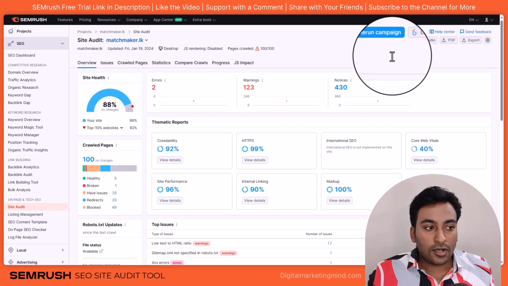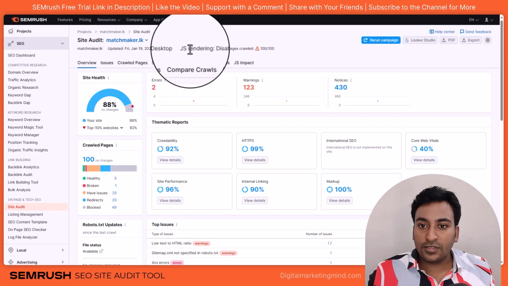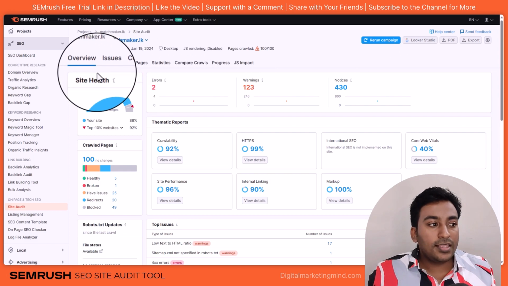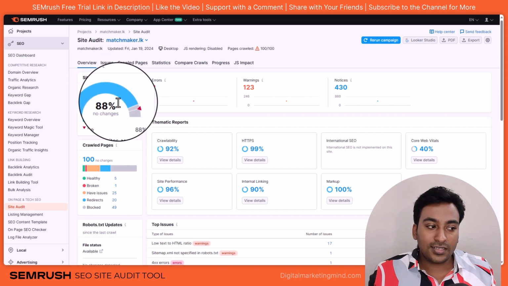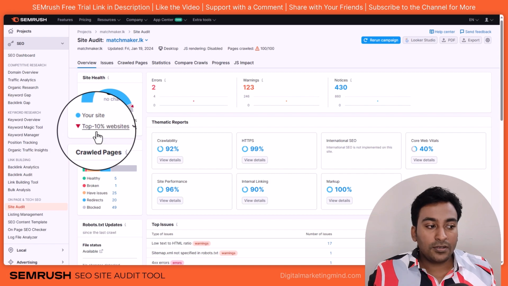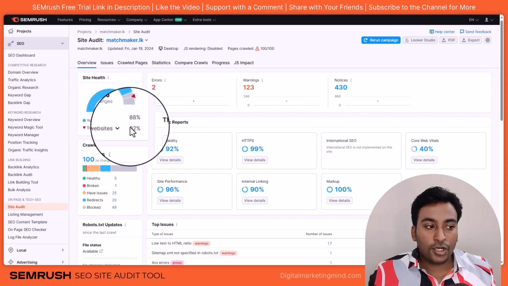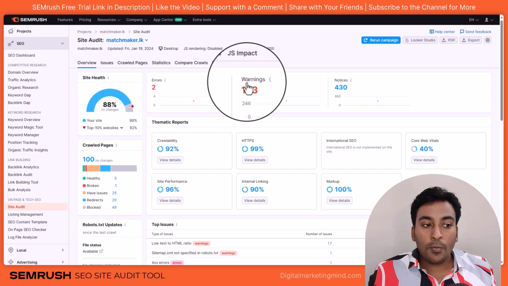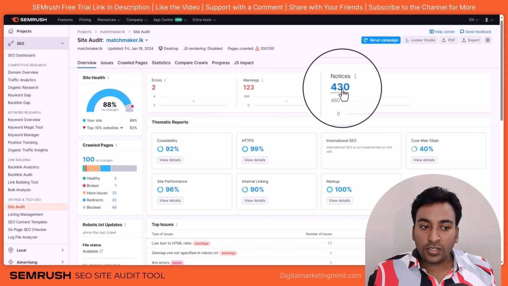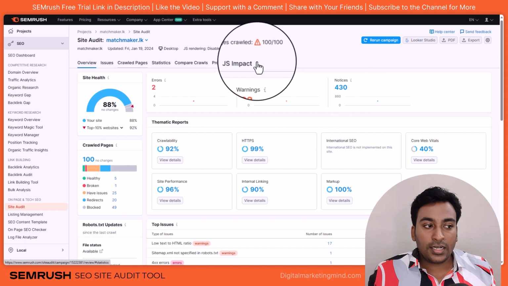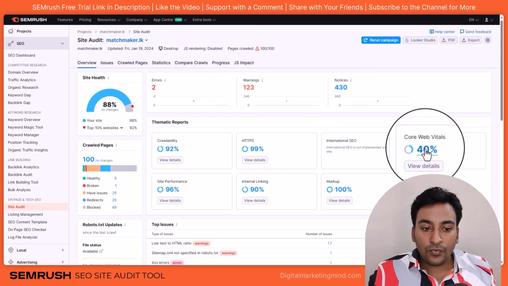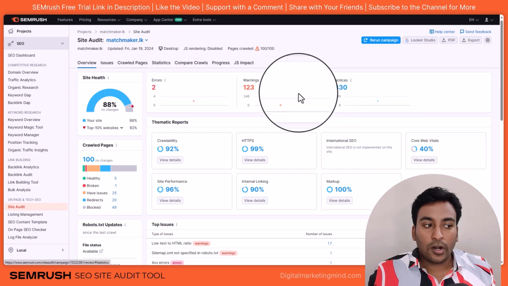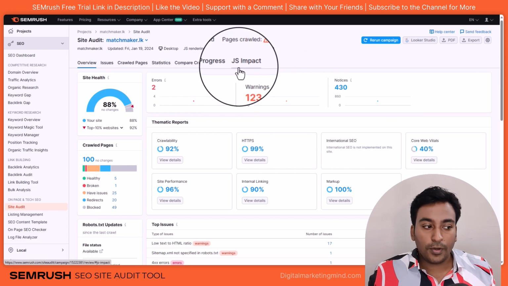Then if you scroll down, you can see all the data I set up for this particular site audit campaign. Then I'm getting certain information also. For example, I'm getting site health, like I have 88% site health, while the top 10% of websites have around 92. How many errors it found, how many warnings it found, how many notices it found. We also have several tabs here. I will explain it. Basically, all these summary values, when you click on them, will go into one of these tabs with more in-depth information for you.